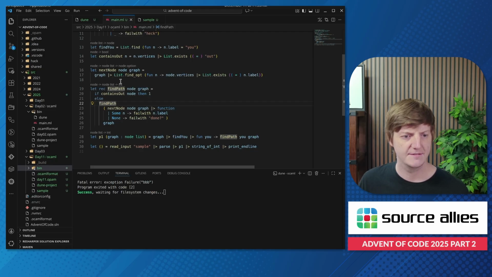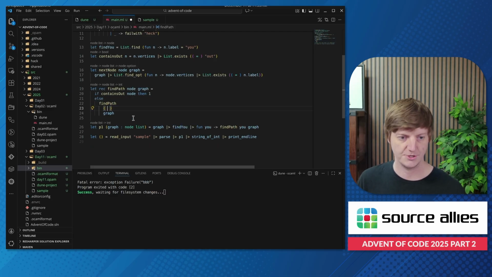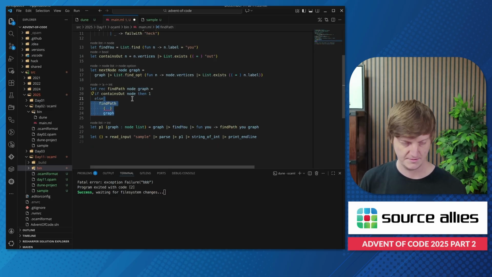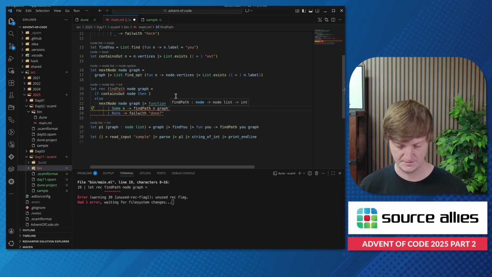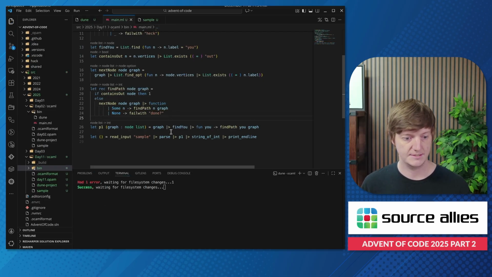Find path. Yeah, we want to see if we can get the next node, and we only want to recurse if we found one. Yeah, brain is just not processing this. So I think this is just complaining that the rec flag is unused. So let's switch this to say find path n, not m, n graph, and